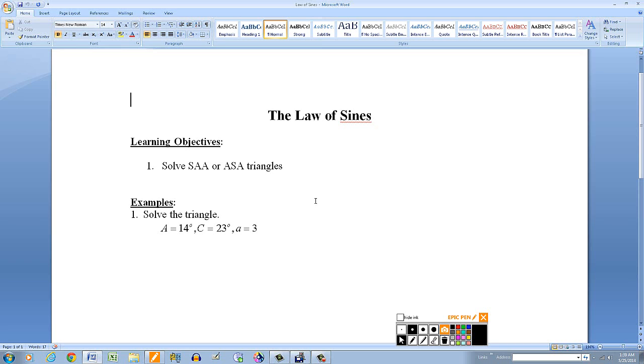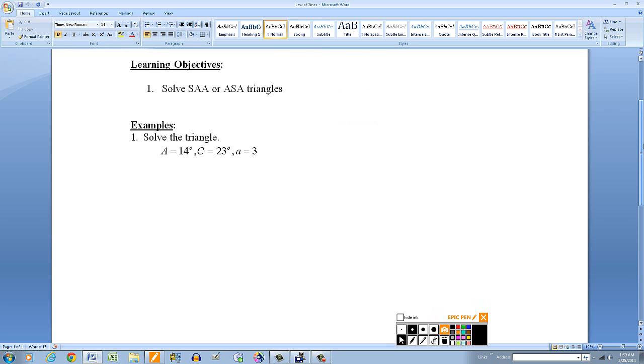So in this particular problem, they say solve the triangle and we're given two angles and a side. So again, remember that solving a triangle, you'll be given certain parts of the triangle, and when they ask you to solve it, they simply mean find the missing parts. So find whatever angles are not given, the measure of those angles, or find the lengths of the sides that are not given. So in this case, you're given two of the angles, so recall that if you have a triangle, the sum of the angles has to add up to